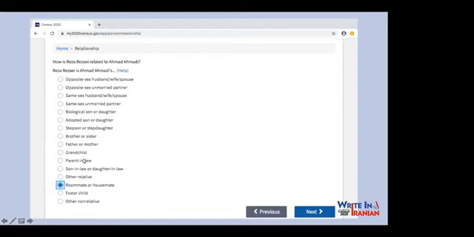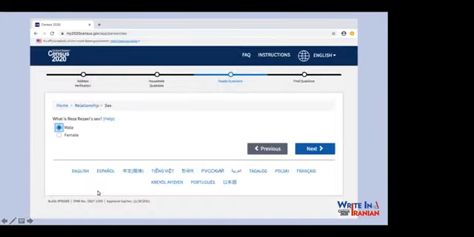And if you can't find the relationship here, there's always other non-relative or other relatives. So they provide that flexibility. Next slide. They ask for the sex of Reza Rezai. Unfortunately, they have only provided male and female. Maybe in 2030 they would provide other, but there's only a male or female